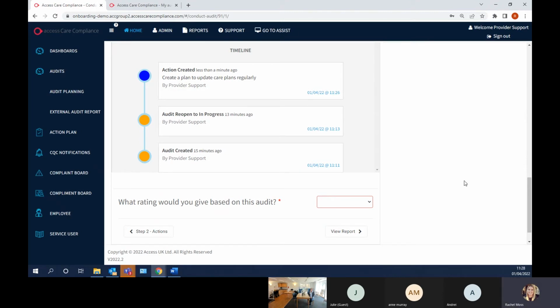And there are 2 different methods for rating an audit on the system. This is the first, where the person completing the audit just opens up the drop down and they select the rating that they think they should be given themselves. So based on how they answered the questions, they would just make a judgment on whether they should be given outstanding, good, requires improvement, or inadequate. The second method